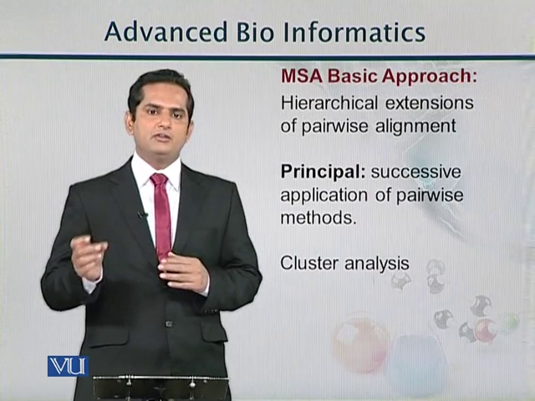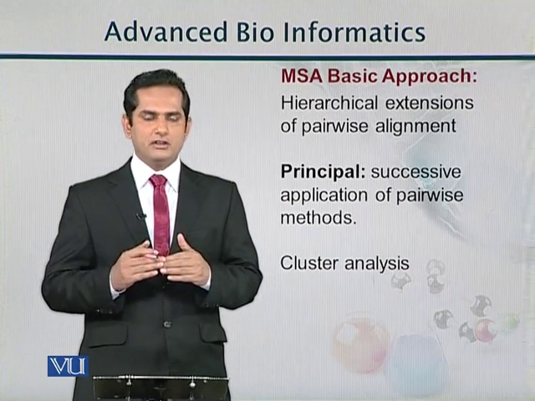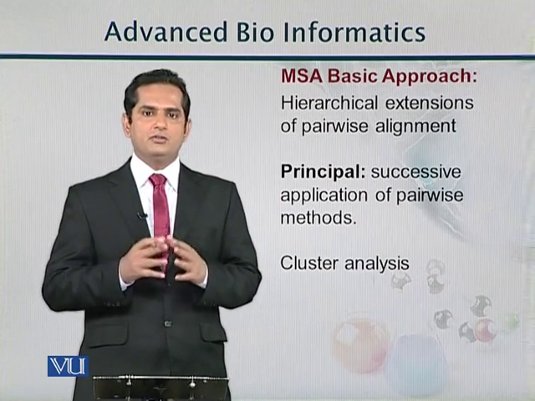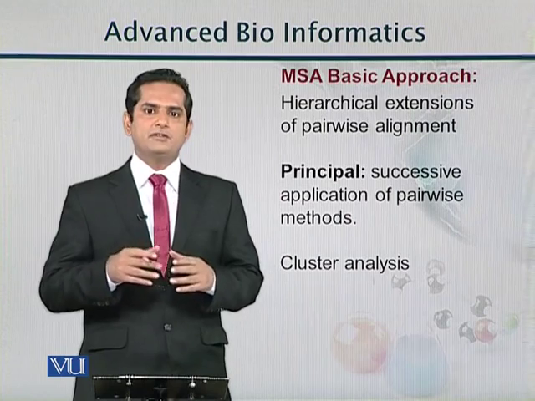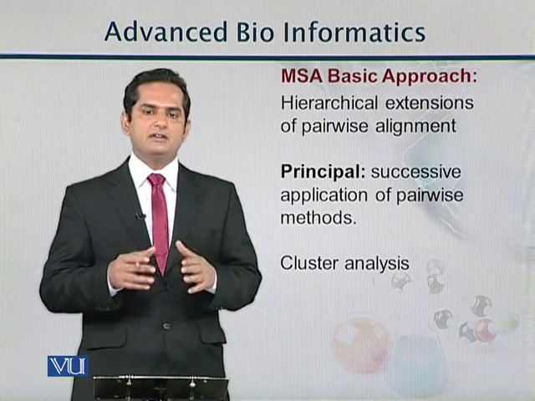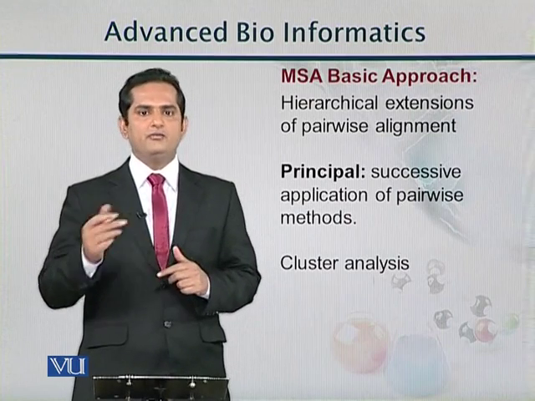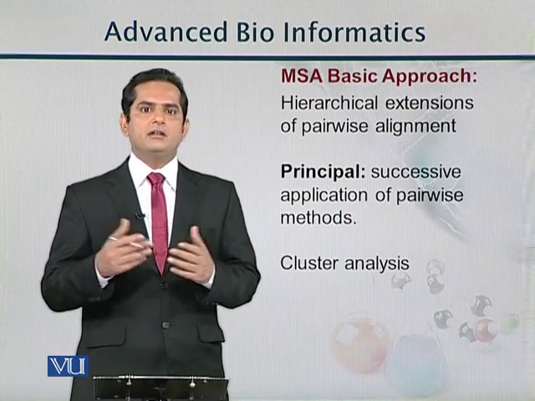So what happens? We align 2 sequences which are very close to each other. Then we put them in some common cluster. So cluster means that that is a group which have some common sequences within itself. So one cluster for one group, and then we have more than one clusters, that can be n number of